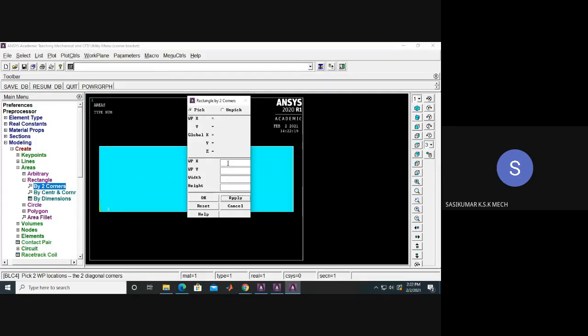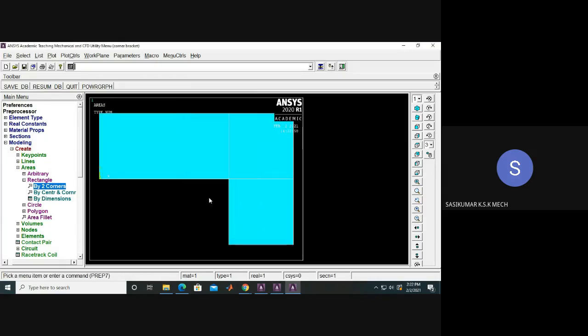Okay, I am creating once again the next rectangle. The x distance is 6, y distance is 2, and if I give the width in the negative direction, it will be forming on the left side. If it is positive, then it will be forming on the right. So width is 2, and for height, if it is plus, it will be above the reference point. If it is minus, it will be below the reference point. I am giving it as 4. Just created a rectangle, once again a rectangle.